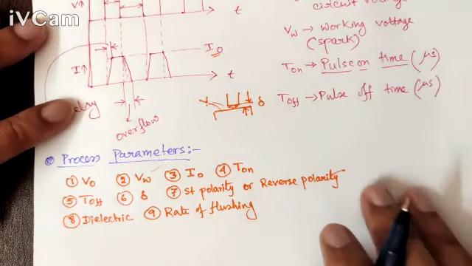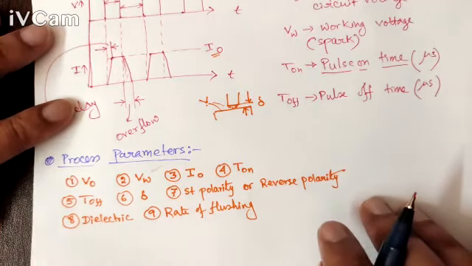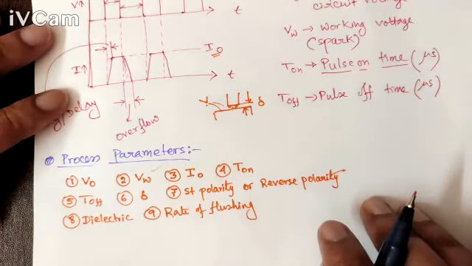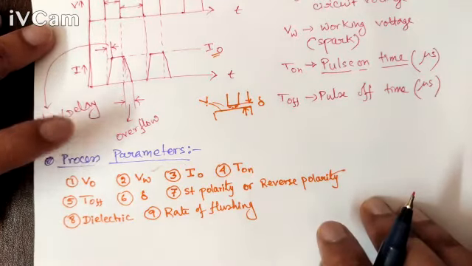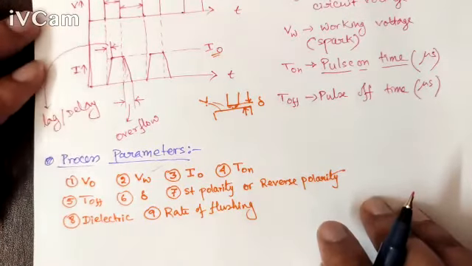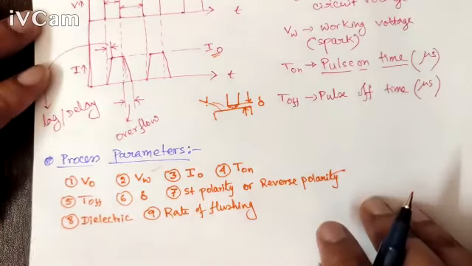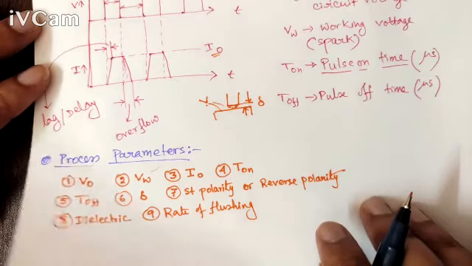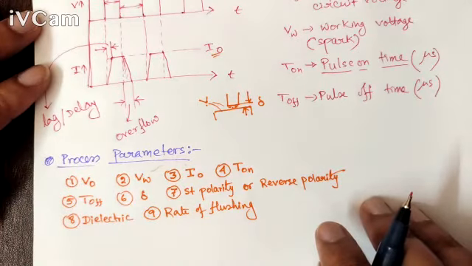Then it also depends on the material which you are using. Process parameters influence the output responses. What can be the output responses? It can be material removal rate, surface finish, surface irregularities, different kinds of form errors. It can be many things which we can find out. It can be diametral overcut. Any of those things I'll be discussing in the next class.